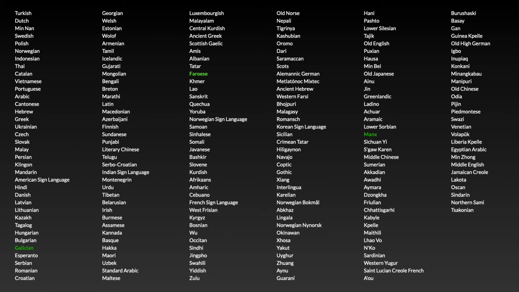The languages we offer include lesser-known languages like Galician, Manx, and Faroese, dialects like Minnan and Hakka, ancient languages like Latin, Gothic, Aramaic, and literary Chinese or classical Chinese, constructed languages like Klingon and Esperanto, as well as sign languages such as American Sign Language and Korean